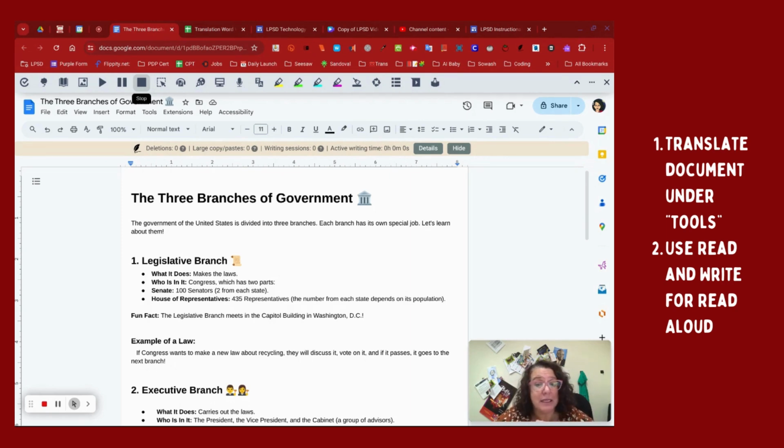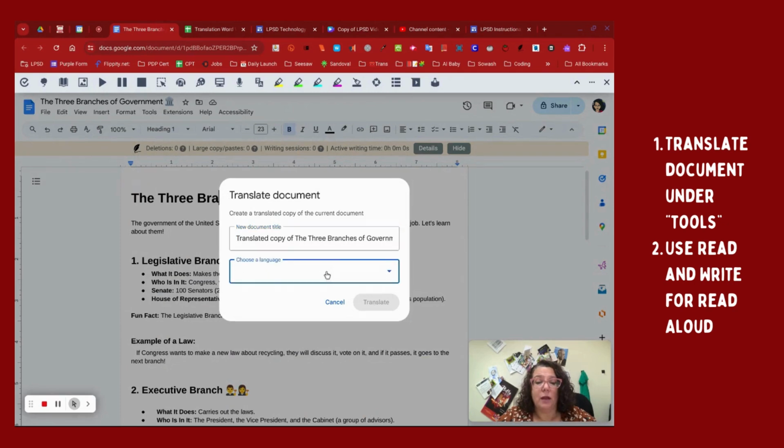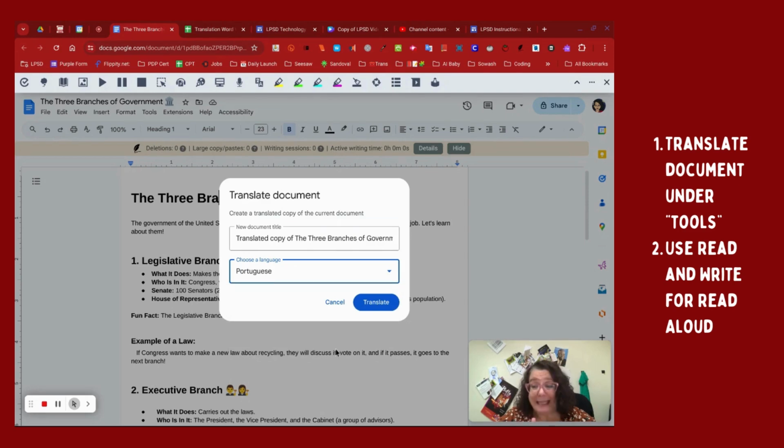Translation is actually decently easy on both your end and on the student's end from like 3rd grade up. So if you have a document in here that is written in English, you're going to go to Tools, Translate Document, and then choose a language. I'm going to go down to Portuguese. There we go. Again, this list does not differentiate for Portuguese Portugal, Portuguese Brazil, Spanish